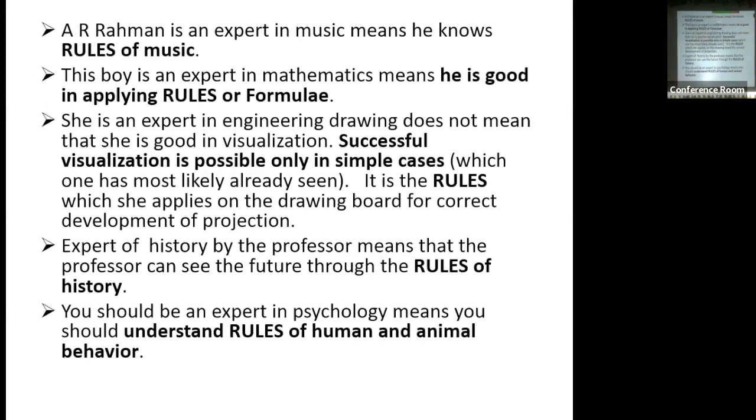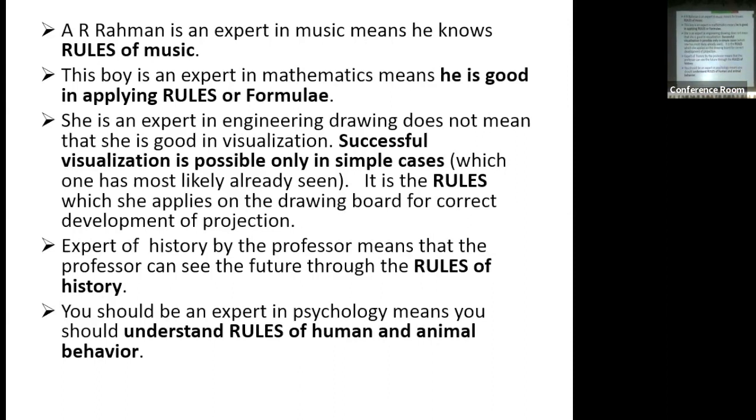Or when you say that the girl is good in engineering drawing, it does not mean that she can visualize very nicely a complex picture or project it on the paper. No, she knows the rules of engineering drawing. If you put the rules in a systematic way, you will get a proper projection. If you don't know the rules, then you cannot visualize. It's just not possible. Similarly, when somebody says that the professor is an expert in history, it means that he knows the rules of history and he can predict the future. And when you say that you know the rules of human or animal behavior, it means that you are an expert in psychology. So the important thing is that you must know the rules,